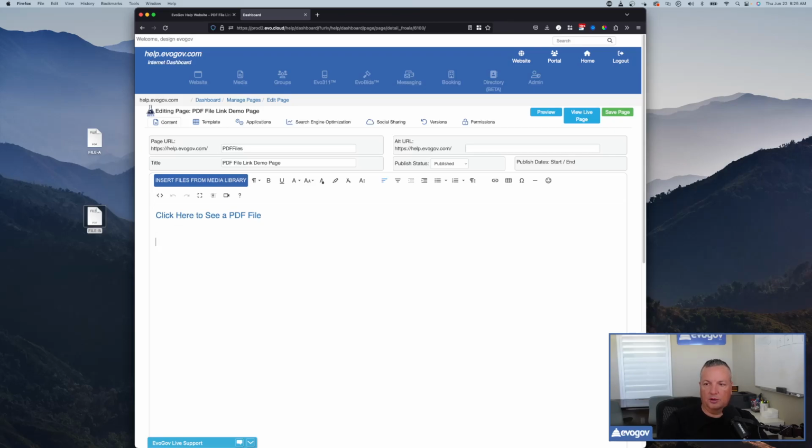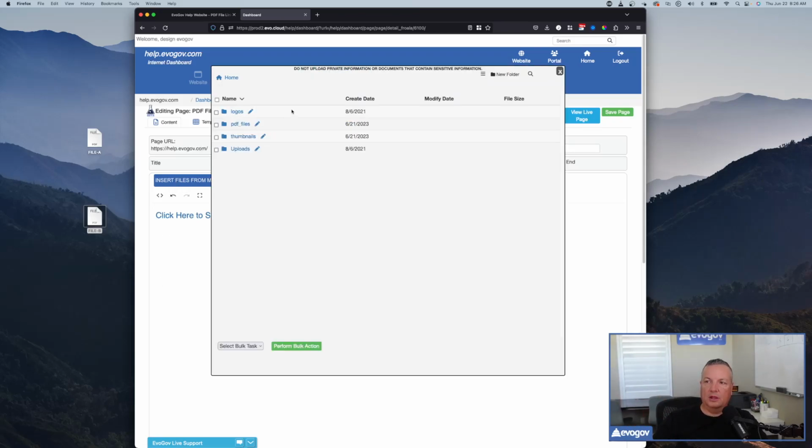We want to put a new file in. How do we do it? Well, I hit enter a couple of times there to make some space. We hit this big blue button, which exists in many places in the website. This is how you add PDF files to an FAQ, a form, a page, a department homepage, doesn't matter. We'll click that blue button, and in this pop-up, we're actually gaining access to the entire media library. So I'll click the PDF files folder, and then I'll take file B and drag it from my computer to the pop-up. That's going to upload it into that folder. We can see it right there. Click the file name and then insert it